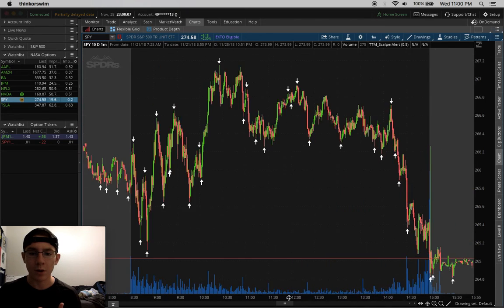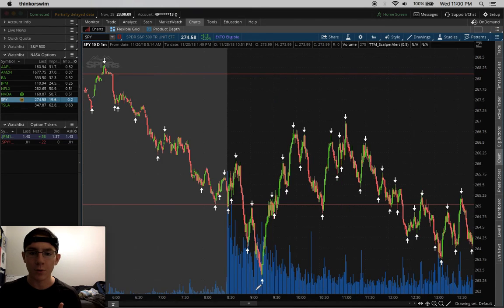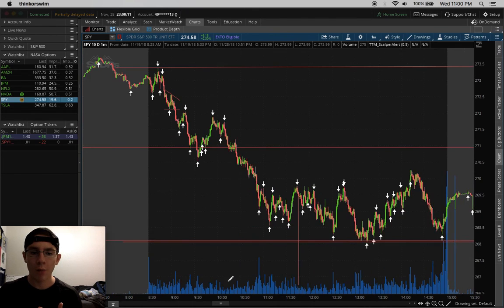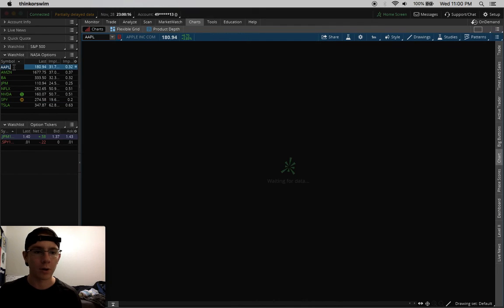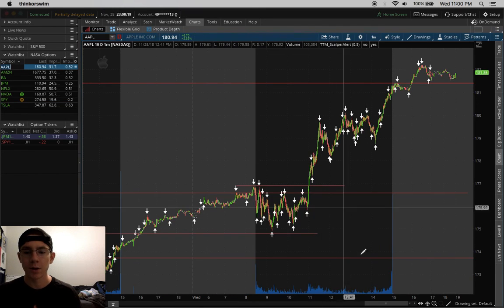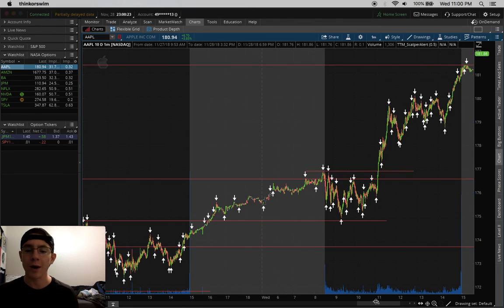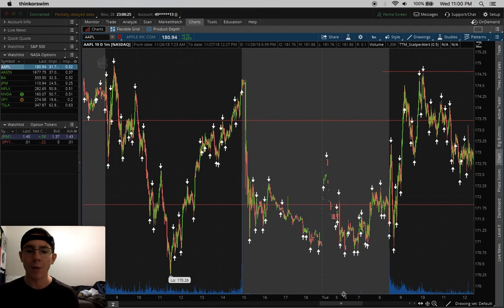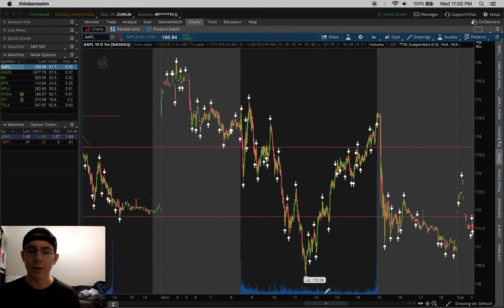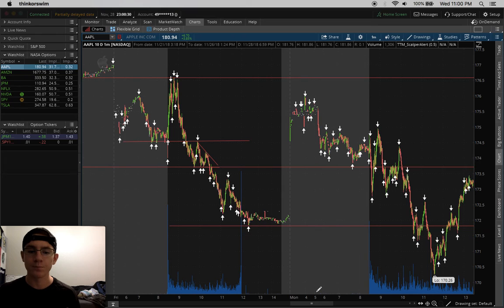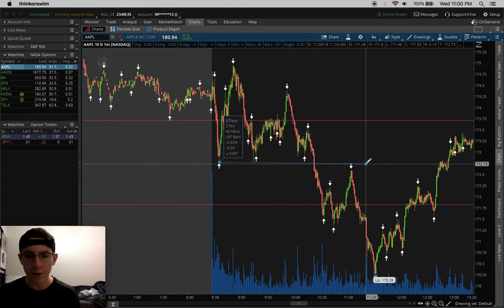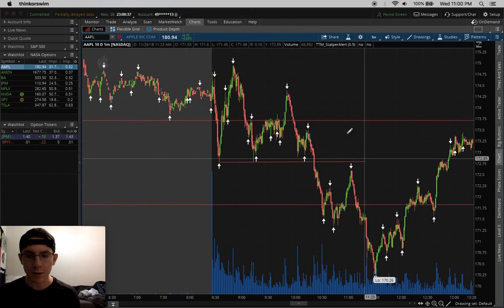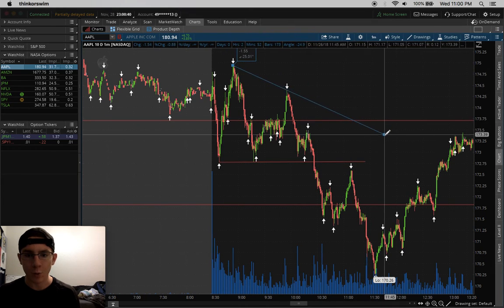Let's see, I want to see a good example. Let's see. Okay, here we go. No, not what I'm looking for. Apple, don't fail me now. What I'm looking for is one of my favorite setups, the triangle pattern setup, where it is confirmed by the TTM Scalper Alert. So if we can see here, this is not the best triangle setup in the world,